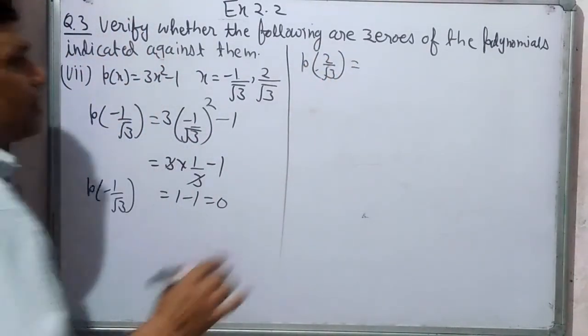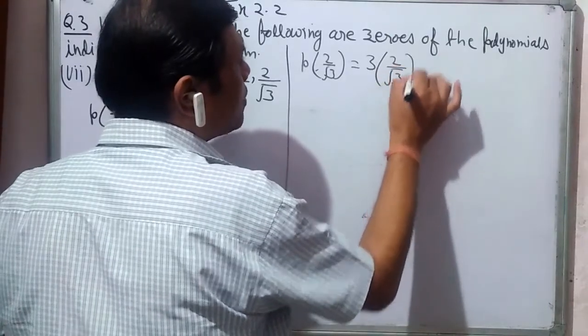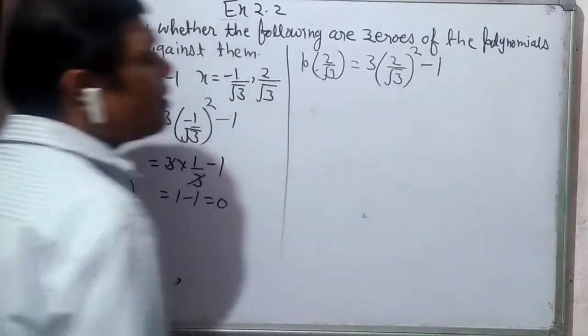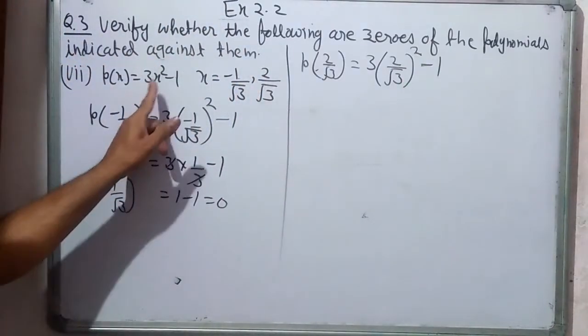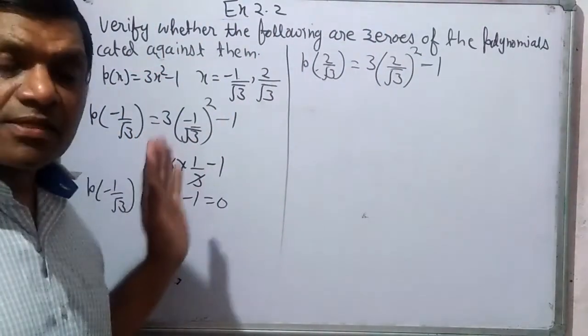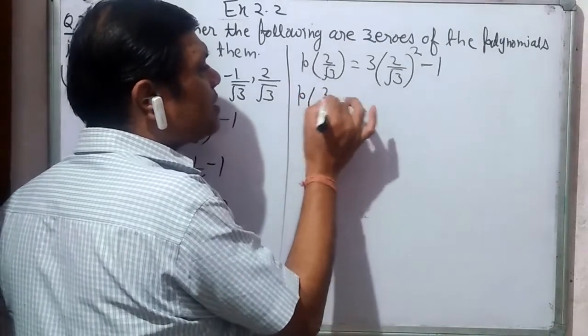It should be done like this. 3 multiplied by (2 upon root 3) square minus 1. In place of x, we put 2 upon root 3 squared. We'll simplify this. What we get is